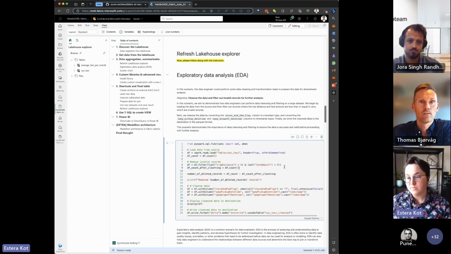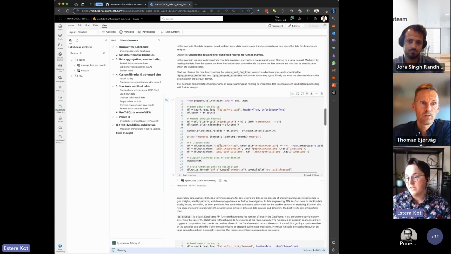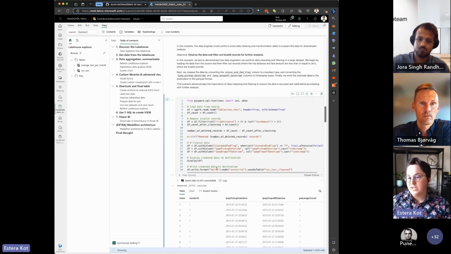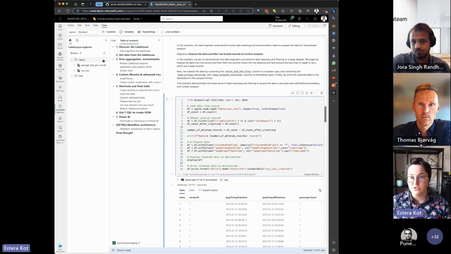The goal is to use the filter method, and let's run the cell. At the end, we are renaming the columns and writing the final table, New York City taxi cleansed. We can see how many records we removed. At the end, again, we have to refresh it.